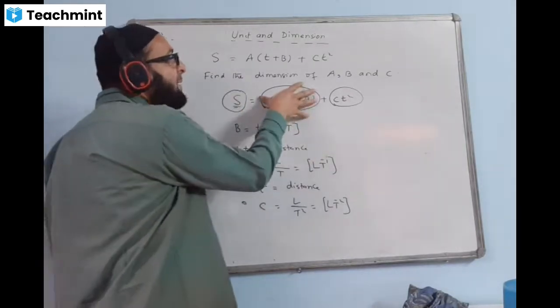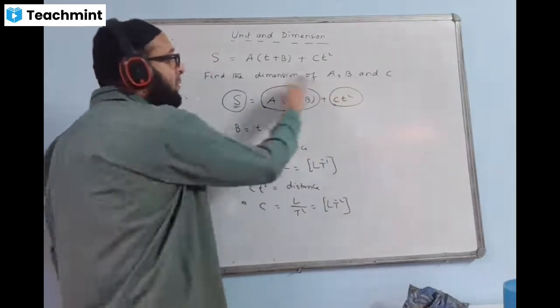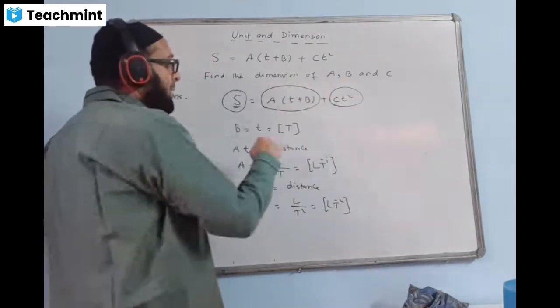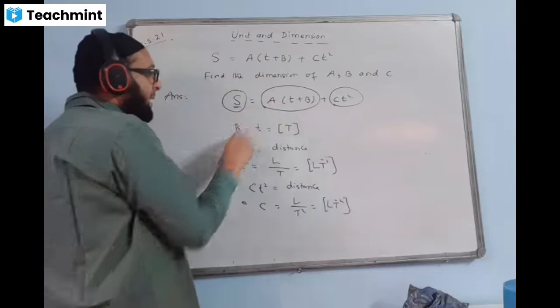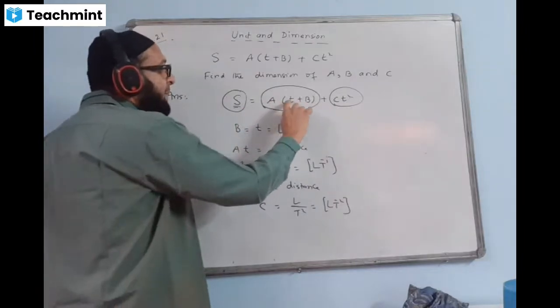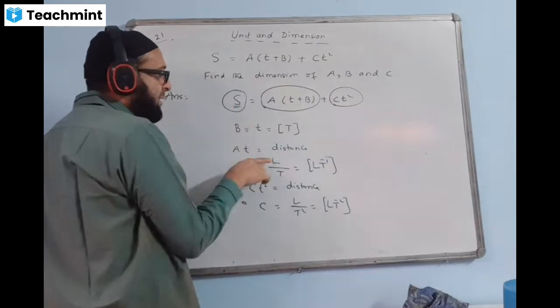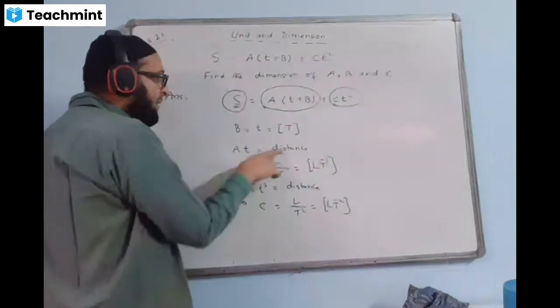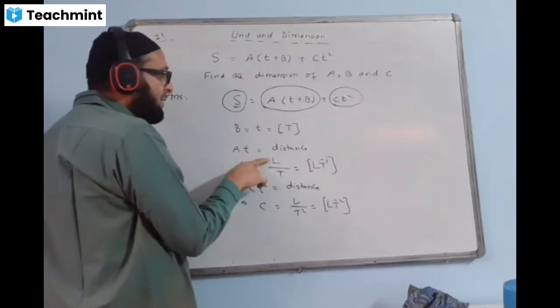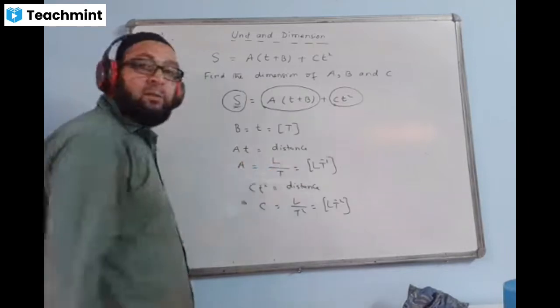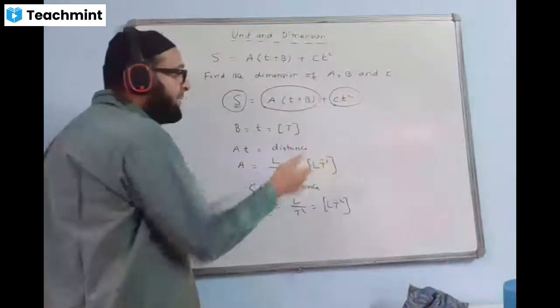X is distance. This entire thing will be distance, and this thing also will be distance, the whole thing circled. So I write here A, and this thing as a whole represents time, because time plus time is time only. The entire thing is equal to the distance. Therefore, the A value will come distance upon time. Distance is L, so L upon T will come LT^-1. That is, A is a kind of meter per second. That is velocity.